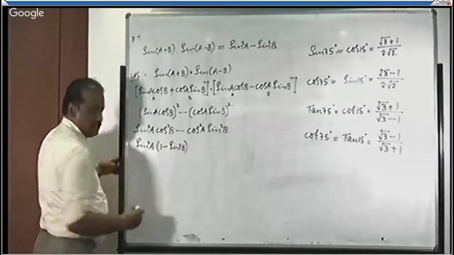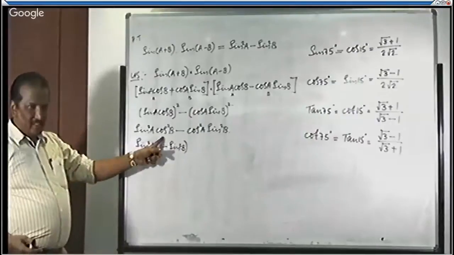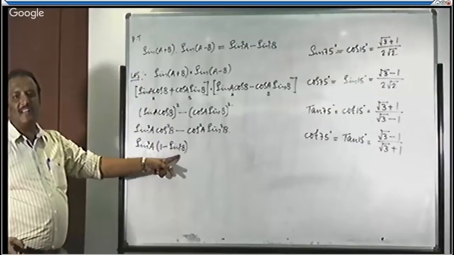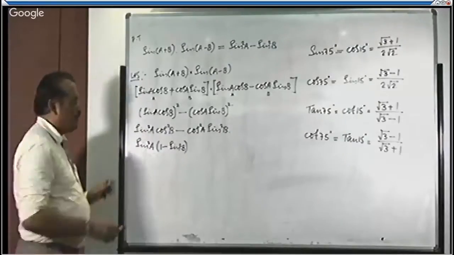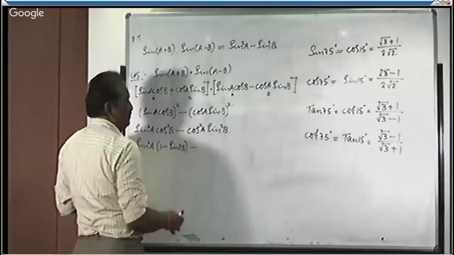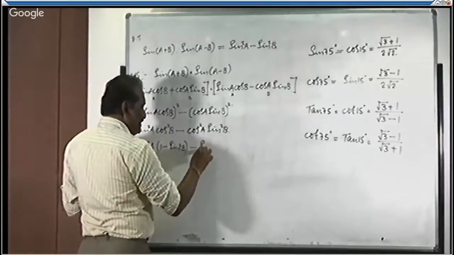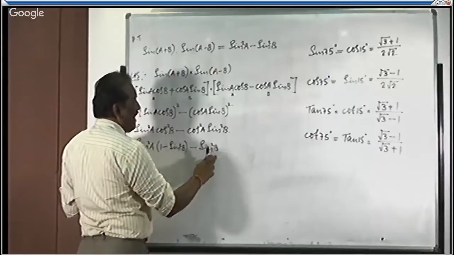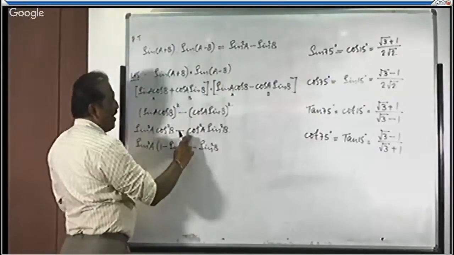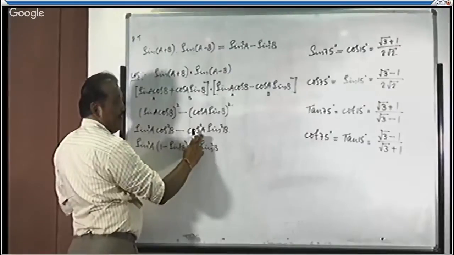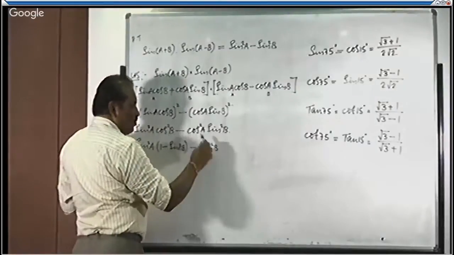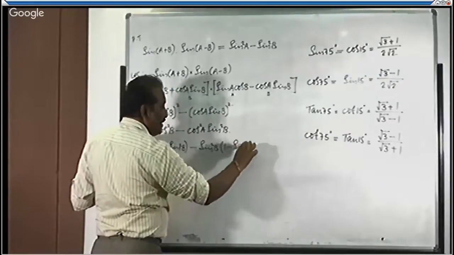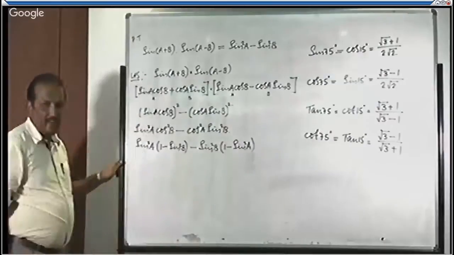I hope you may understand. Instead of cos square theta, I just replace 1 minus sin square theta, because cos square theta plus sin square theta is equal to 1. Again, minus. So first write the sin square B as it is, because we need the sine function for angle B in the required RHS. What we left, cos square A. We don't want cos, that's why cos square A you have to replace it in terms of sine as 1 minus sin square A. Right?